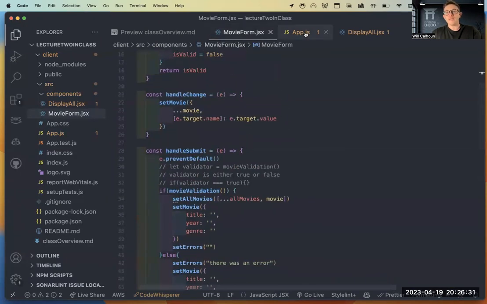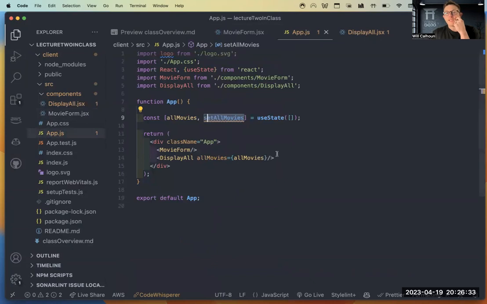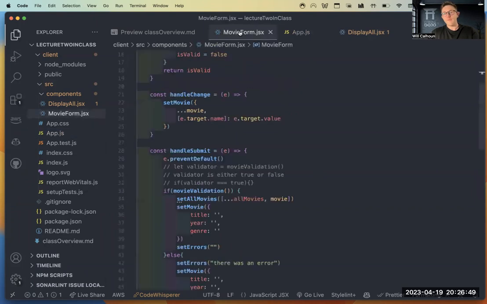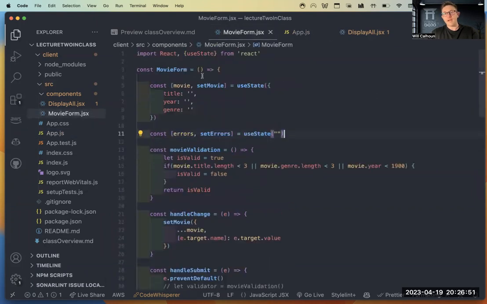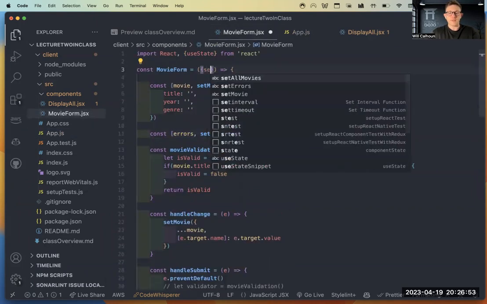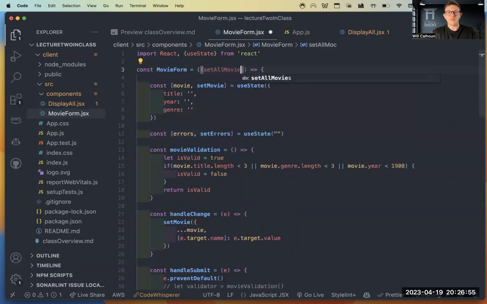What we can do is in the same way that we pass in our all movies here, I could actually pass in this function and say set all movies equals, and then I say set all movies. I come up to my movie form. And because I'm passing it in, I need to set all movies.